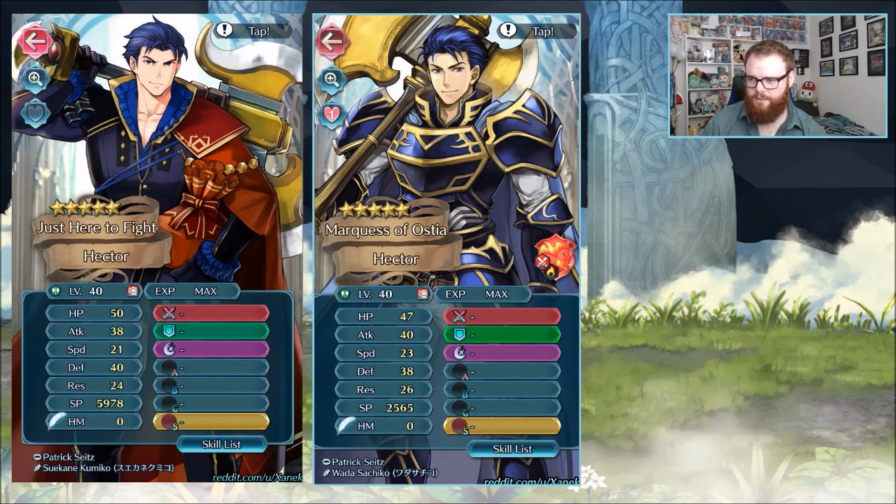Also comes with Draconic Aura and Distant Counter. So, I mean, that's pretty par for the course, I think, especially with Distant Counter. But he also comes with Vengeful Fire, which can guarantee a follow-up attack if HP is greater than or equal to 50%. So, yeah. We're also getting Ostia's Pulse,